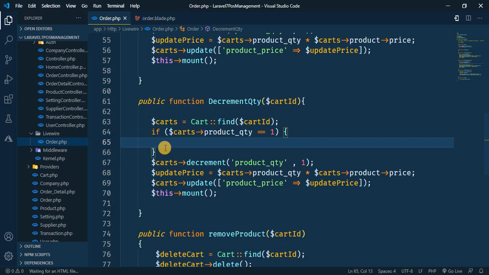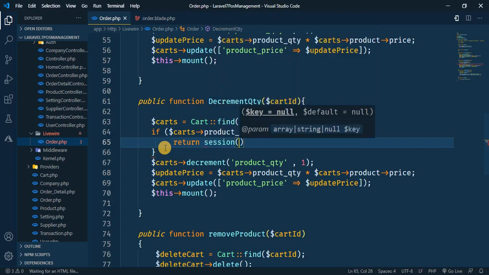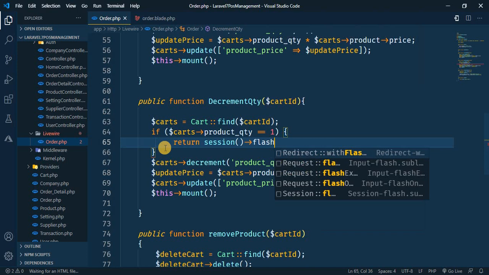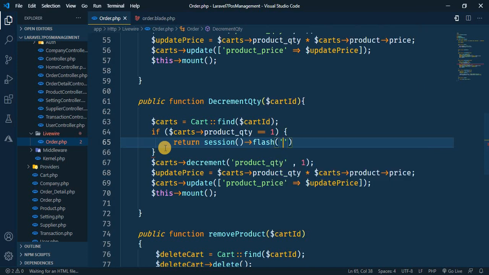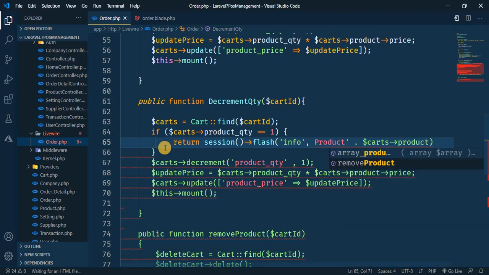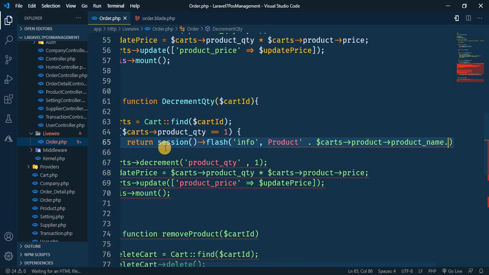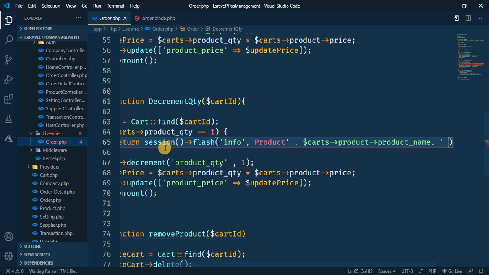We can say we just try to return here. We return session with the flash message, and our message will be info. Okay, and inside this info I will have our product. So here you can say the product name. Okay, and in the next one here you can say in the pass here